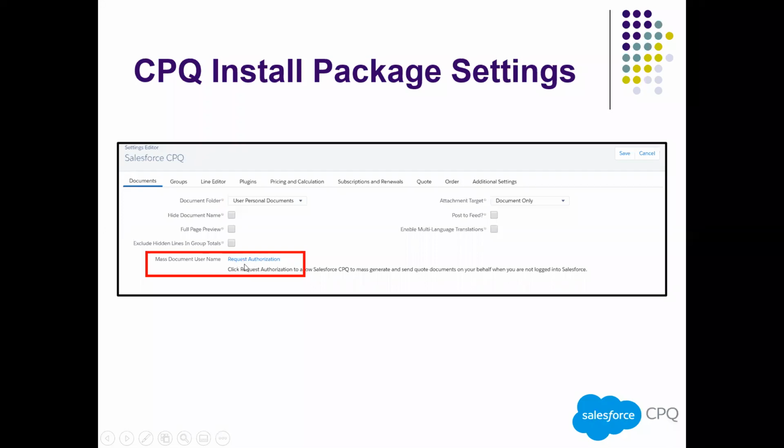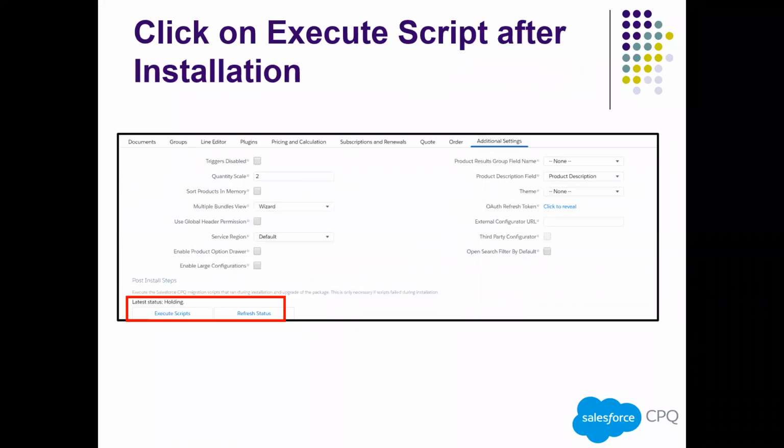There is some API enablement required, and Salesforce CPQ generally asks you to authorize this application on your sandboxes or environment. That is why request authorization is very much required after installation. This is the first step. After installation, there is also an execute script link available.